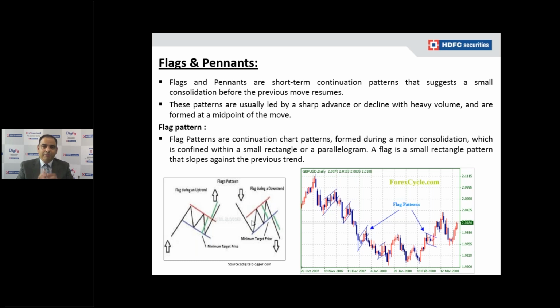The same thing happened when it was in a downtrend. The market showed some consolidation, moved up, and finally witnessed a downside breakout after a small rise, which led to continuation. In a bullish flag, the market is in an uptrend, consolidation happens, and eventually the market breaks out above the consolidation. In a bearish flag, the market is in a downtrend, it forms a wedge-type or consolidation-type pattern, and eventually it breaks below this pattern, leading to a downtrend continuation.